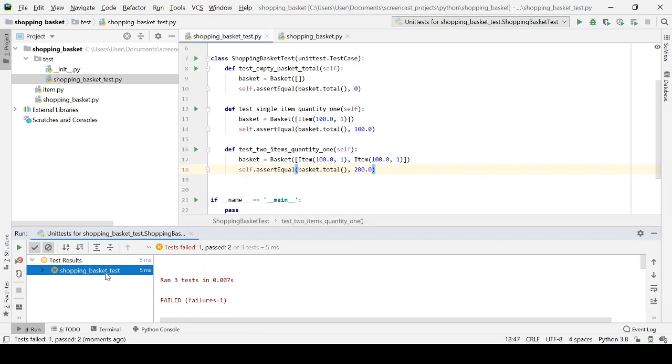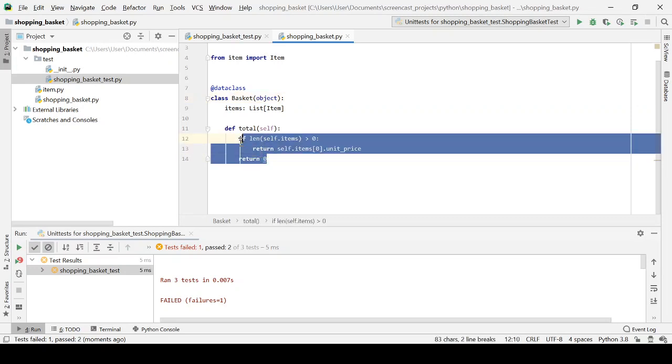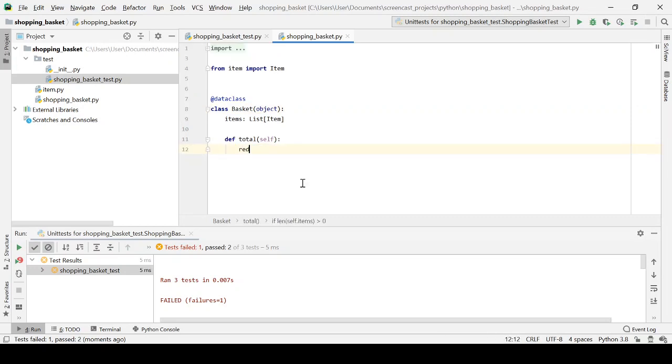Okay, so our assertion is failing. Good. Let's see why it's failing. We'll discuss this in a future video. Okay, now what can we do that would be very simple, that would work for all of these three cases? Well, I think we can do a little bit of functional programming. Let's use a reduce. So I'm going to use a lambda here to